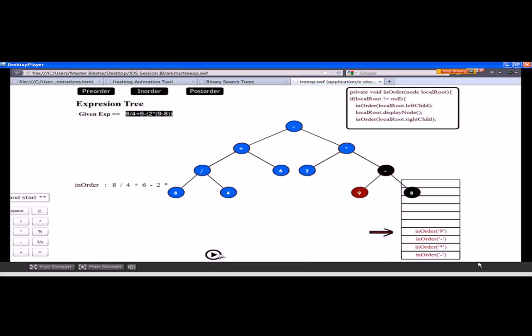Oh, it is somewhat faster. Actually, it is